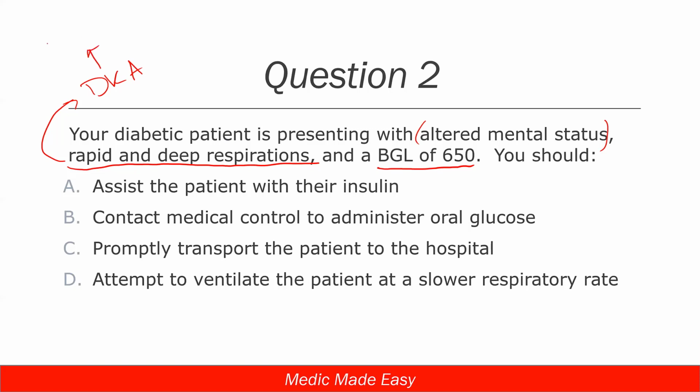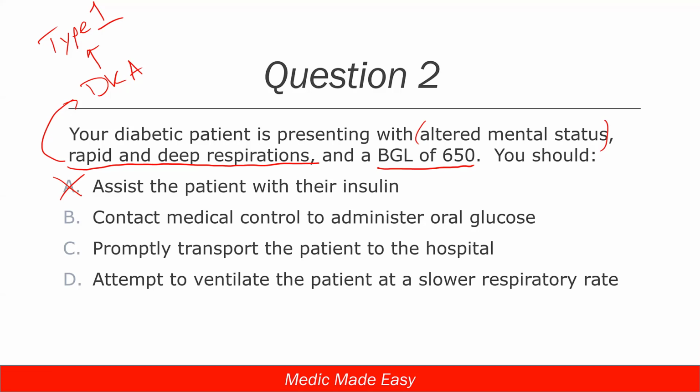And again, just one more time, I'm going to remind you, DKA patients show up from your type 1 diabetic patients. So it's a hyperglycemia issue. So we know the need that they have is to lower that blood sugar. However, we are not able to assist them with their insulin. Even though we know medically, pharmacologically, definitively what they need, at least one of the things that they need is insulin to lower that blood sugar.